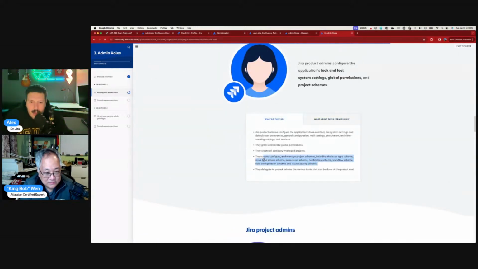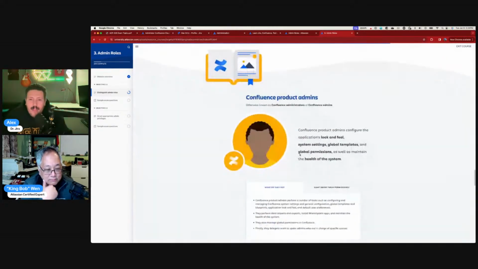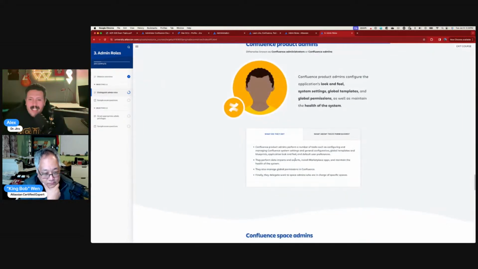Did they not include that over here? I didn't see it. But the Jira admin can do apps as well. They can and also maintain the health. I don't get this maintain the health of a system. I'm not sure about that. I think it's like, because